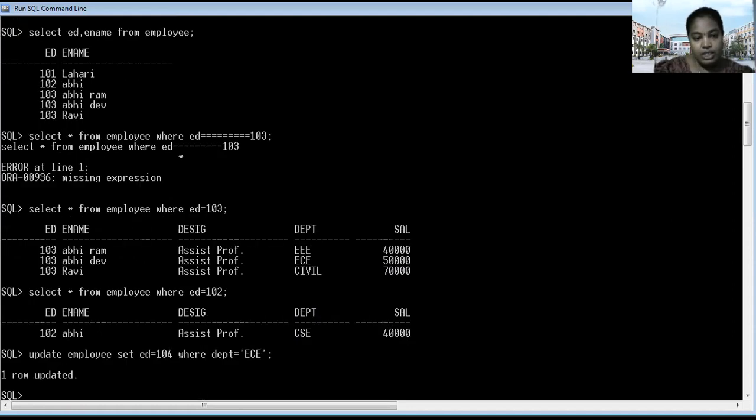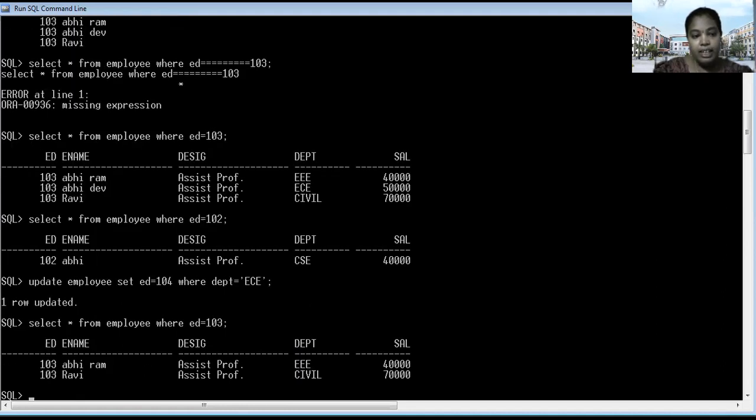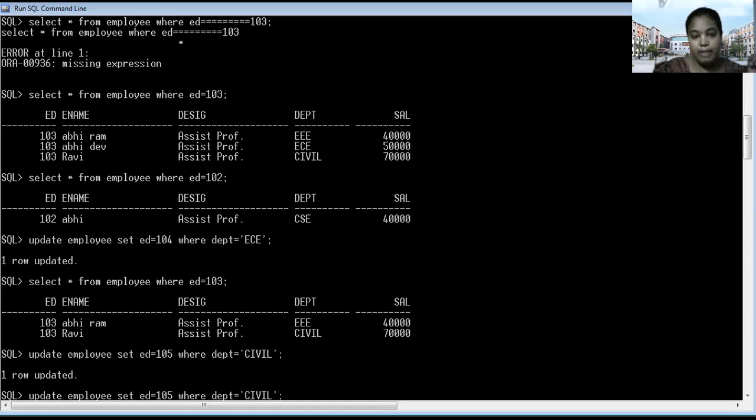Then it will change. One row updated. Again you have to display. Here it is still 103 for Abhidev and 103 for Ravi. So again I have to update the value for employee Ravi: 105 where department is civil. The condition is department is civil. One row updated here.